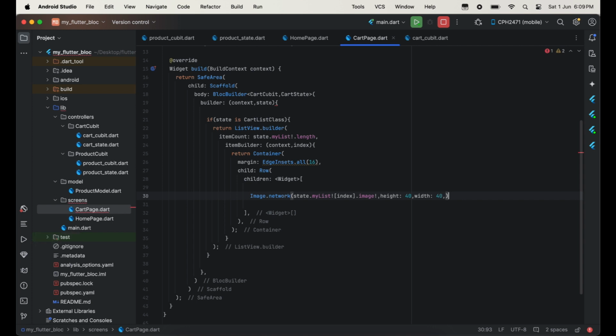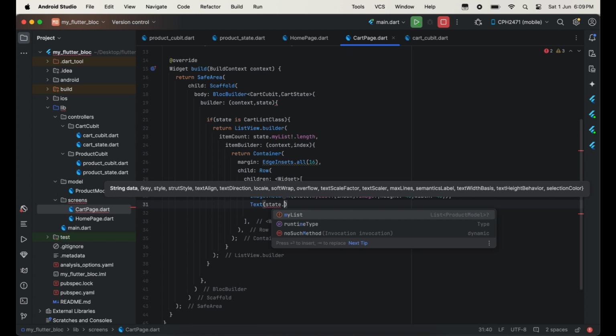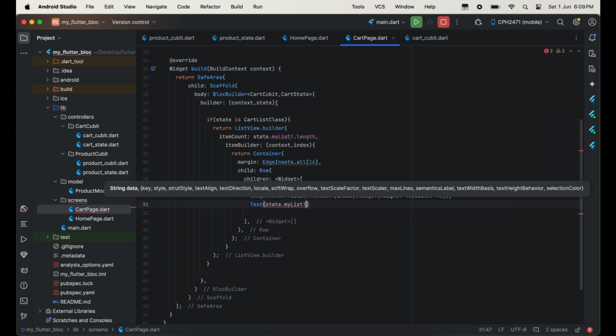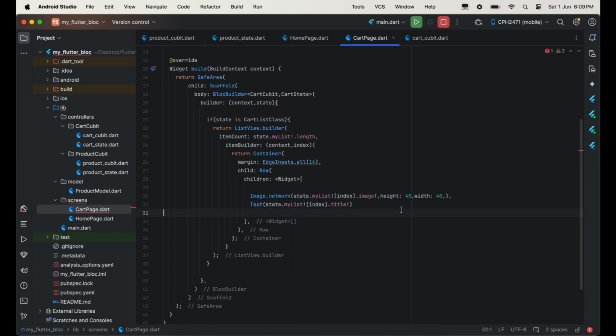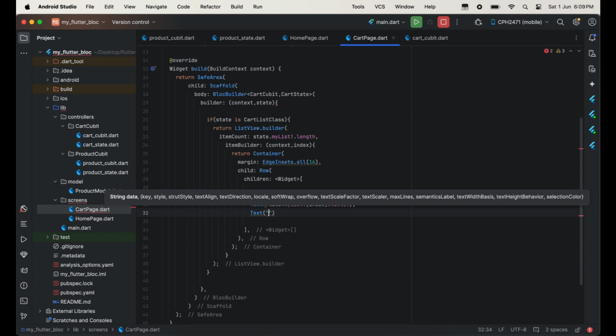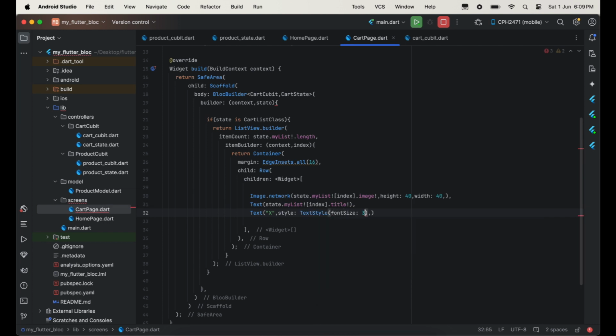And after this we will show the title of the product. So write state.myList and then pass index, and after this we will write .title. So we will get the title of the product and we will show the title. Okay, after this we will use one cross button to delete the product, and the font size would be 30 of this